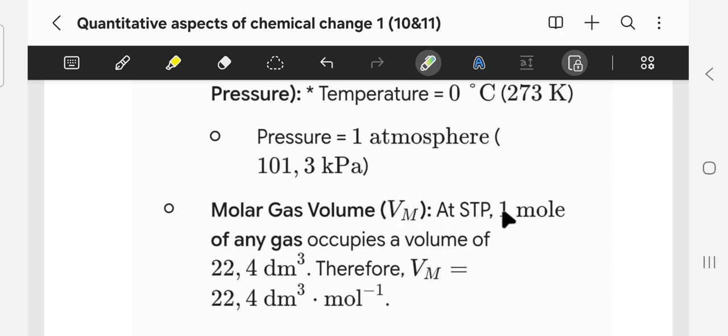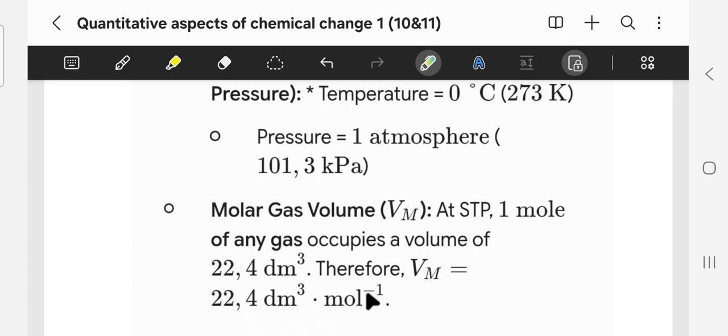At standard temperature and pressure, 1 mole of any gas will occupy a volume of 22.4 dm cubed, or decimeter cubed, or cubic decimeter. It's up to you how you call this, but I'll say decimeter cubed. So 1 mole of any gas will occupy this amount, 22.4 dm cubed,